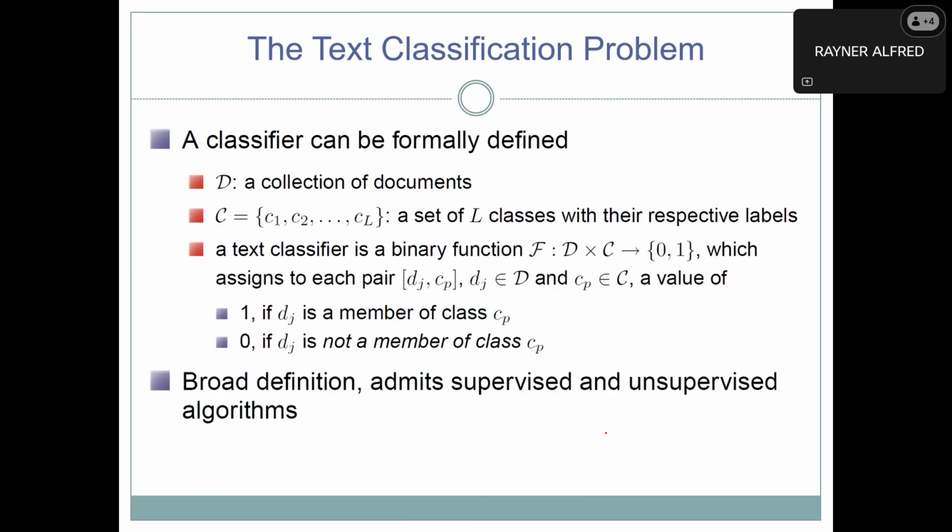Okay, for text classification. In the text classification problem, we can define it as follows. We have a collection of documents that we want to use as training for our machine learning algorithm. We also have labels called classes. So we have class 1, class 2, up to L, a set of L classes. Then we want to build a model that can formulate a binary function in which the document and the classes can be